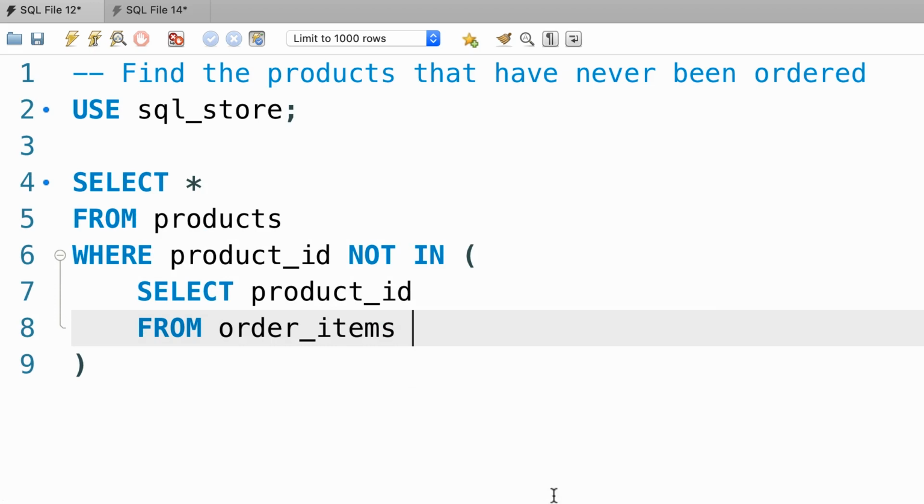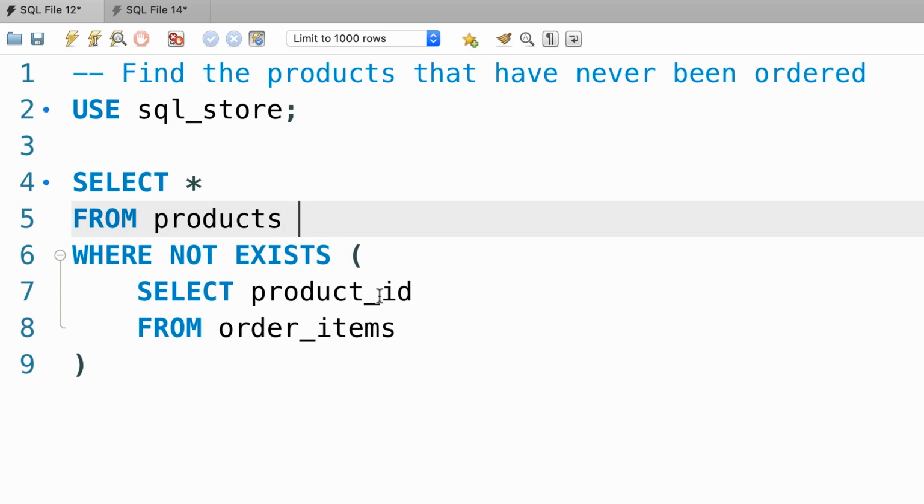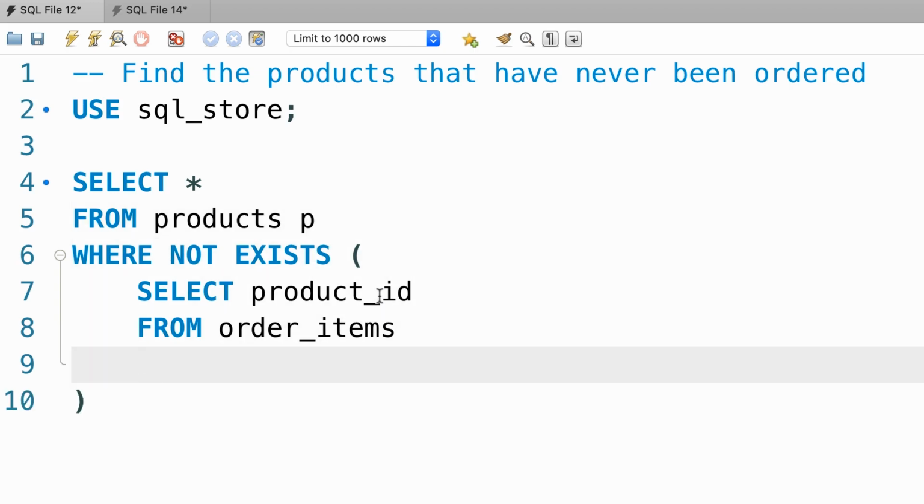Now we want to rewrite this query using the exists operator. So we're going to change our where clause like this, where not exists. So I'm using the not operator in addition to the exists operator. Now here we need to write a correlated subquery. So we give this table an alias like P, and then check to see if we have a product by this ID in the order items table. So where product ID, that is the product ID column in the order items table, equals